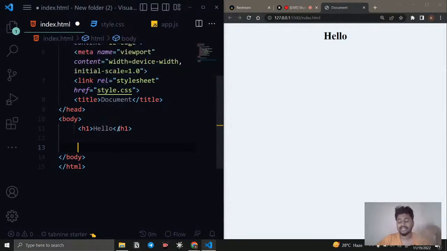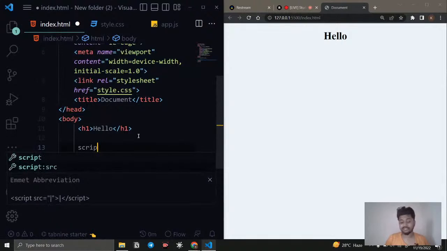if the JavaScript file runs before the HTML and CSS, then what happens is some of the code already ran before the HTML and CSS is rendering. The reason for JavaScript is to manipulate the HTML and CSS, right? So before HTML and CSS is running, if the JavaScript runs, then it's going to be a waste of time, right? So what I'm going to do is just use the script src.